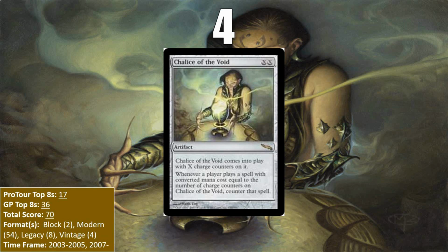Despite all its power, it never saw play in the Standard format of its day, which, looking back, might be sort of surprising, as it would have been a pretty good sideboard card against Goblins and Affinity, but it was probably overlooked. People immediately saw how good it could be in Legacy, though, as it appeared there as early as 2005. It didn't make its debut in Vintage until more recently in 2011, but it is basically a staple there